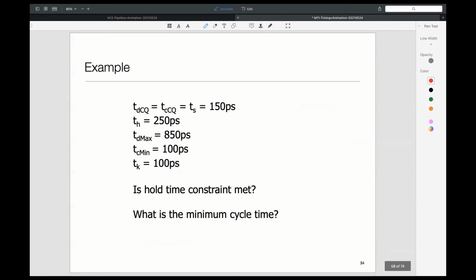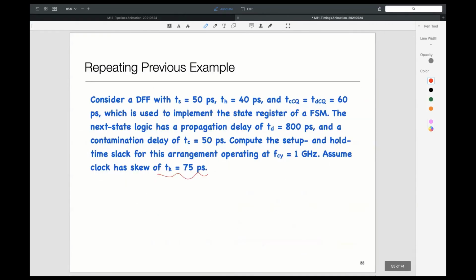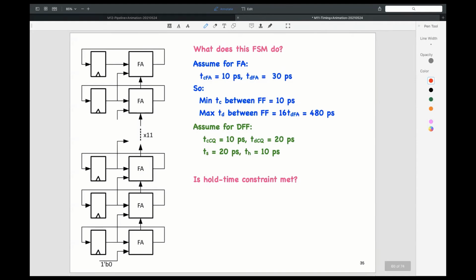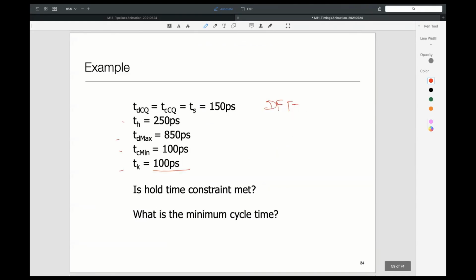Okay, so this is with respect to our same diagrams which we have been using. So we are given TDCQ, TCCQ, TS. So all of this is about my D flip-flop. We are given a hold time, TD max, TC min, TK. Now we have a skew of 100 picosecond. Is hold time constraint met? And is minimum cycle time met? So recall, what did my cycle time